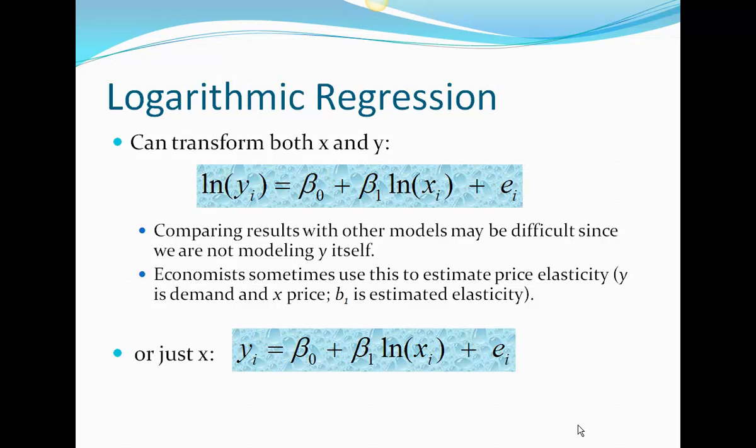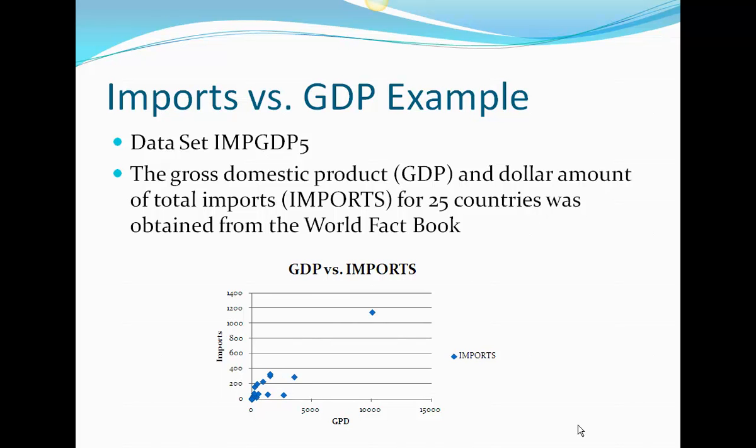Be really careful though, this will only work for positive values of x and y because you can't take a natural log of 0, it will be undefined. So that's something you need to be really careful about. Now, how do I know whether a logarithmic transformation is in fact appropriate? You're going to look for clumpiness. Highly technical term right there. But remember,